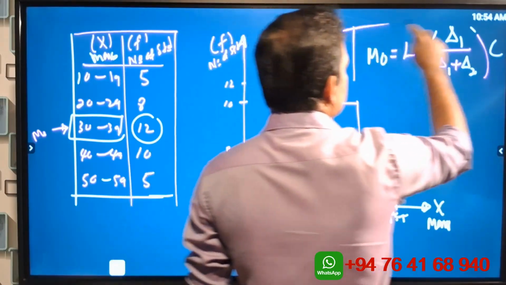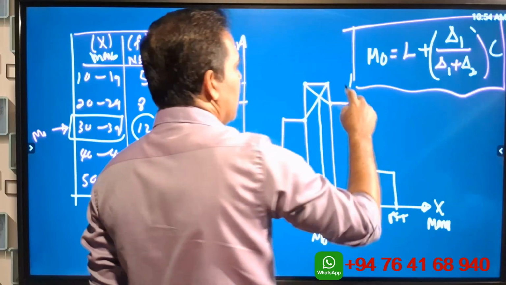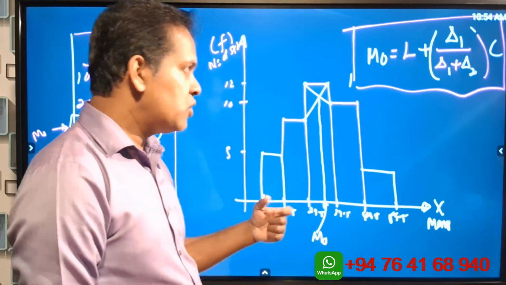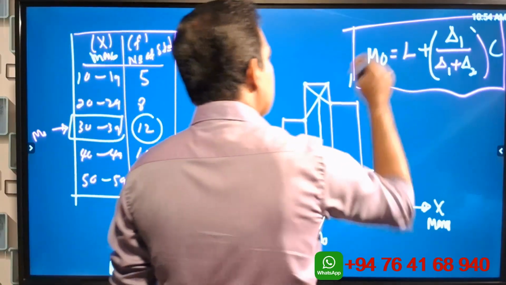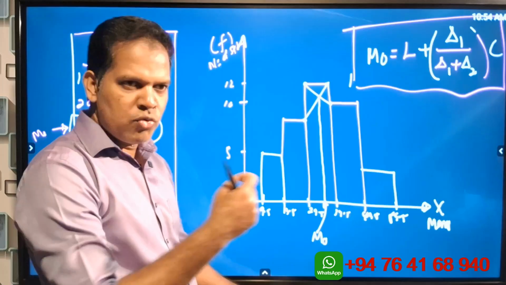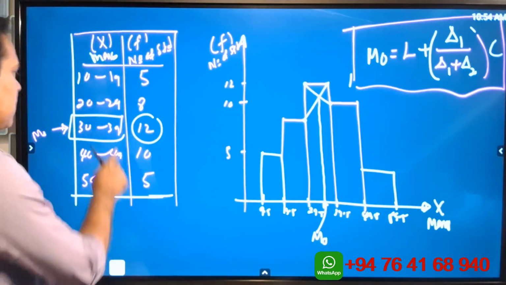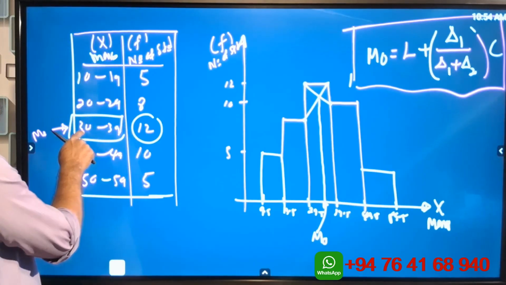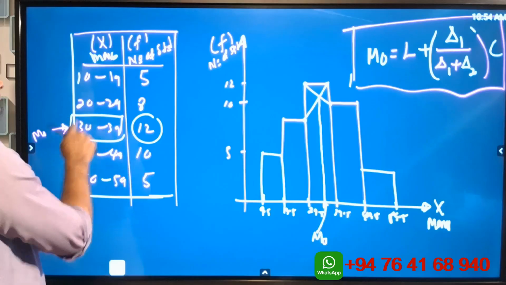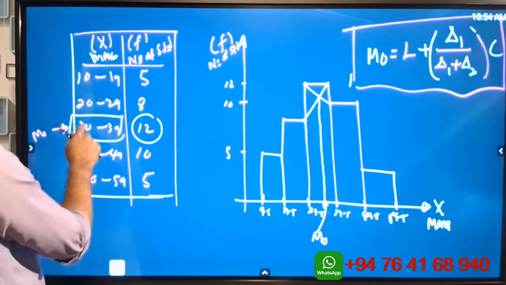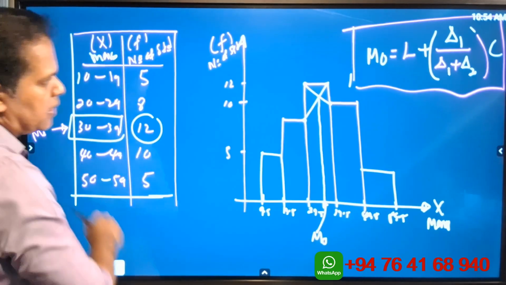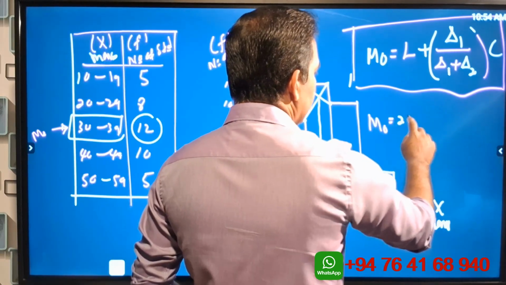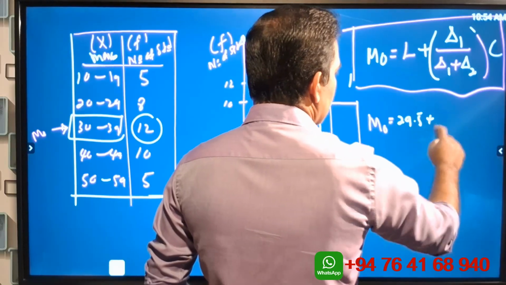Okay, I will explain what these terms are, and while explaining, I will substitute those values. Look at this. What is the L? L is the lower class boundary of the mode class. The mode class is this one, no? Then the lower class limit is 30, and the lower class boundary can be taken as 29 plus 30 divided by 2, that is 29.5. So I'll substitute that value, 29.5 plus